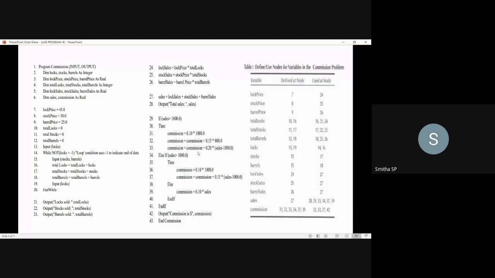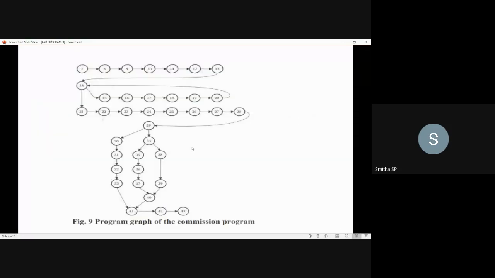Before that, once you write the program, number the statements from first to end, and you need to draw a program graph. You know how to draw a program graph.